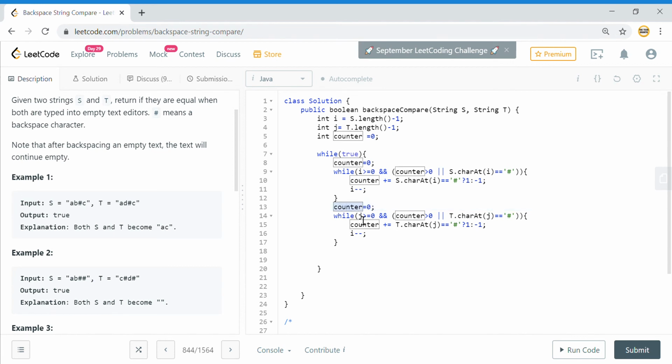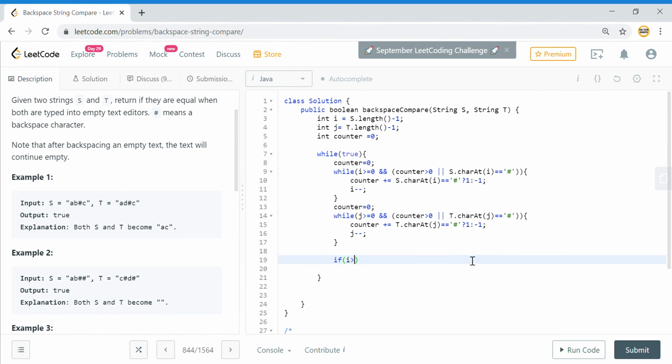So just to avoid all that confusion, we will reset the counter here as well to 0, and we will decrement j. Now once all these things are done, it means that we have skipped anything where we have a hash, or we have skipped the value after the hash. So we have skipped this d value by decrementing i minus minus.